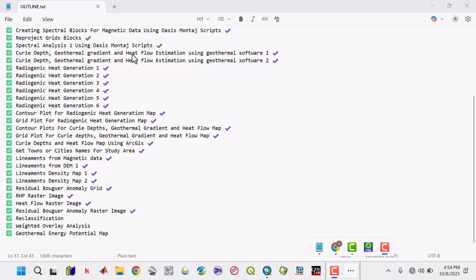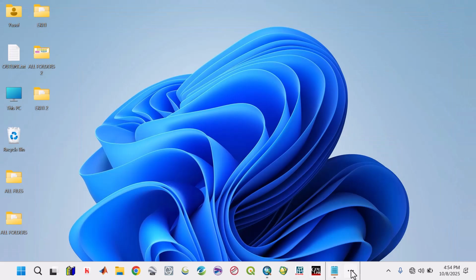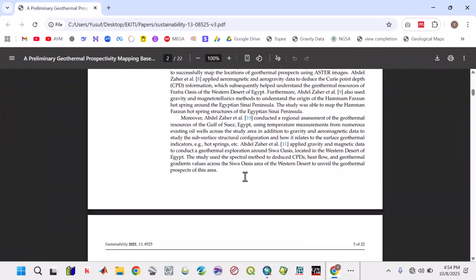Hello everyone, in this video we are going to do the reclassification, meaning that we are going to take each of those four rasters and split them into a number of layers as good, very good, best, high, moderate, low. It's called reclassification based on the relevance to the subject matter, which is your energy potentials. So we're going to divide it into three main areas: high, moderate, low, depending on their values around their mean, which is very important,